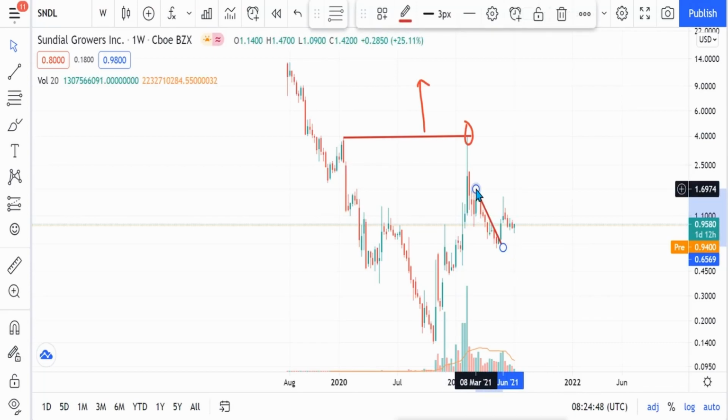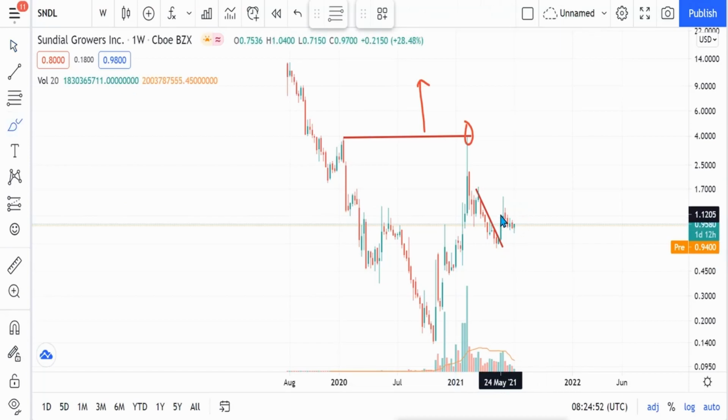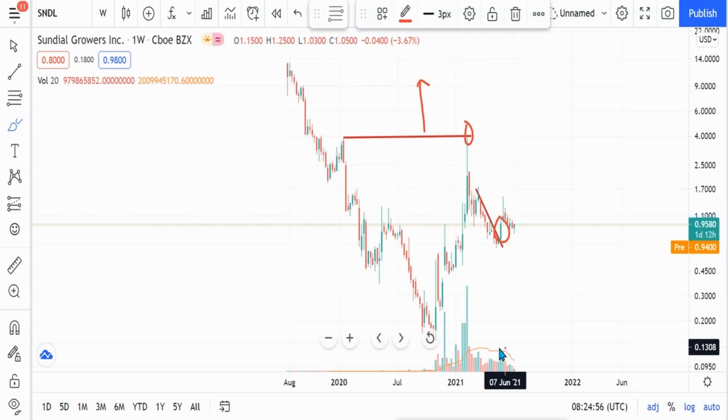Okay, somewhat a resistance line, and see there is a huge price move above, right? This price move comes with a huge volume. I mean, these are some of the characteristics for a handle. So we are somewhat seeing a handle, and in the same manner we are also seeing another kind of resistance line